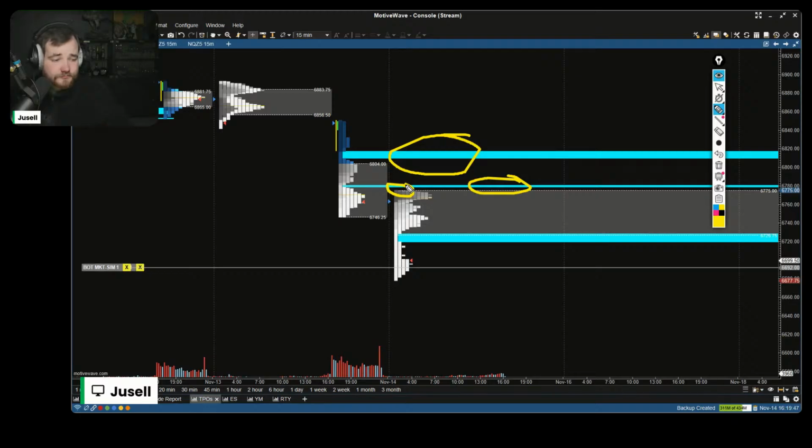Not necessarily, but I do think it's very possible that we have some type of pullback out of the open. So we could run to the downside first and then take it back to value and end up somewhere in these levels. We could even take the previous close. It's not impossible, but the chance is lower. Or my second scenario would be that we open up, we eat these singles, and then we reject yesterday's value and continue searching for some type of new value here.